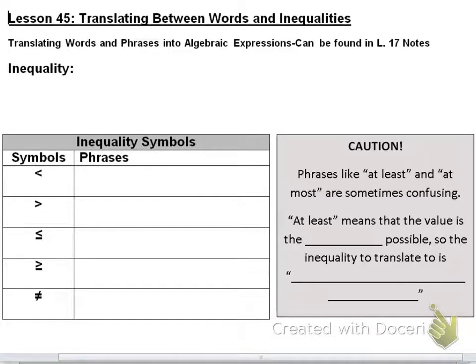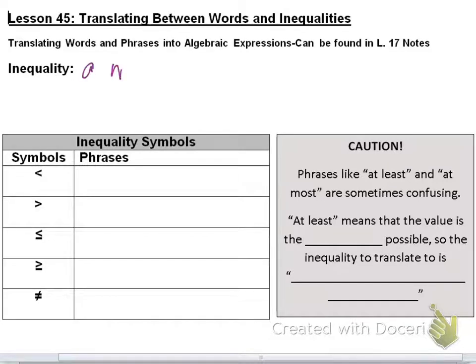Welcome to Lesson 45, Translating Between Words and Inequalities. We also, in Lesson 17, did a lesson on translating words and phrases into algebraic expressions. So you can refer back to your notes for Lesson 17 to find words and phrases that translate to addition, multiplication, subtraction, and division. So first we're going to write in the definition of an inequality, which is a mathematical